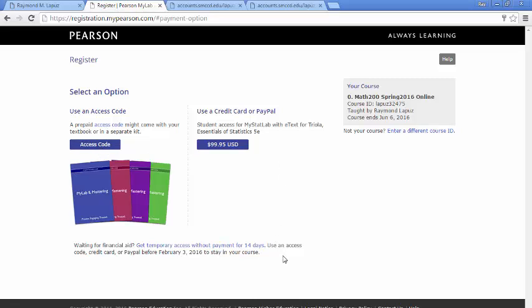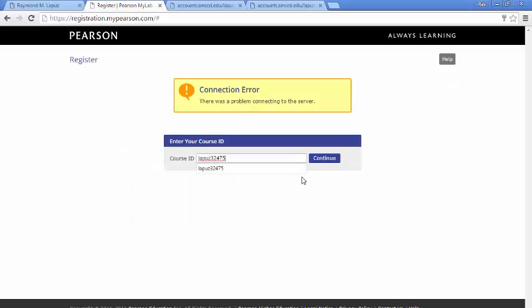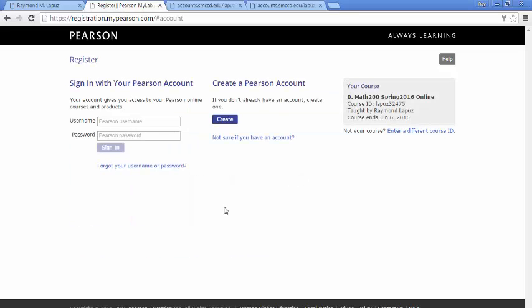There's this other option which is not so obvious and not so visible, and you can get temporary access without payment for 14 days. So you can click on this and get access to the course. Now this temporary access gets you to the course, but you have to remember after 14 days your temporary access will expire and you will have to actually purchase